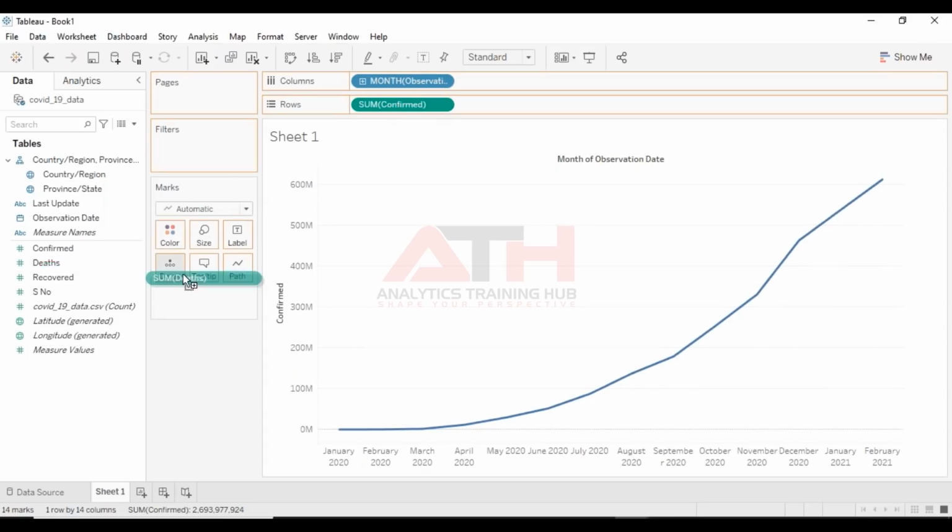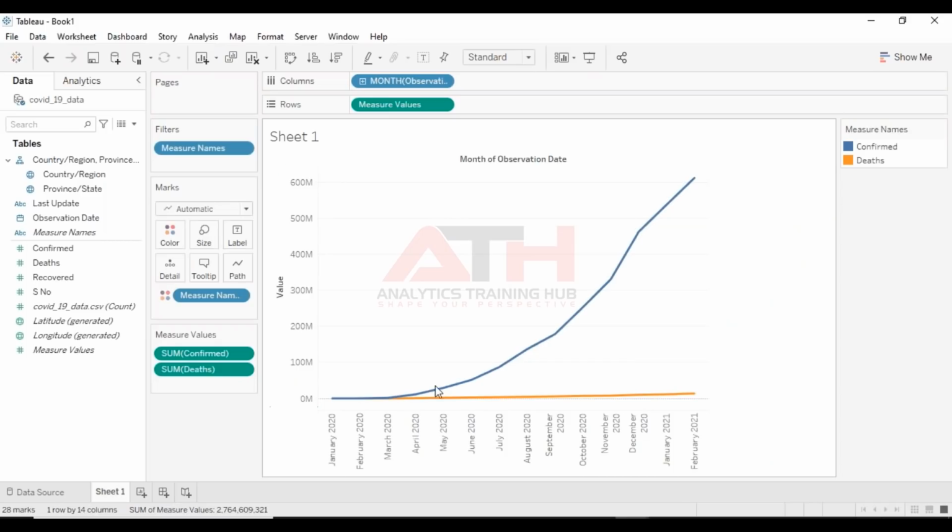Again, in order to make it a blended axis, all we need to do is put the deaths number here and put it here. And as you can see, when I'm placing my death measure into this particular axis, I'm getting double green bars. So this is something I need to place here. And as you can see, the death number is also on our axis. And now this has changed to value instead of confirmed, the axis.